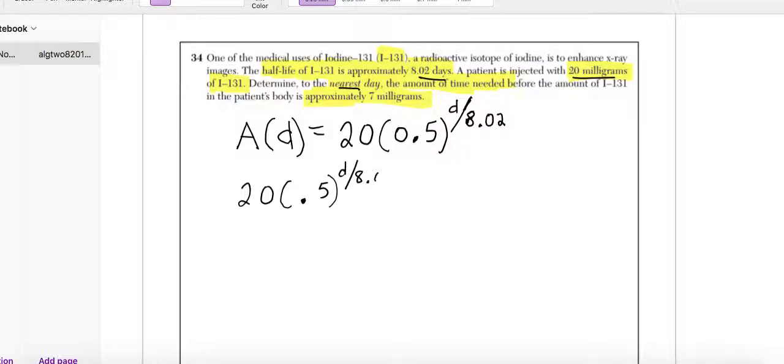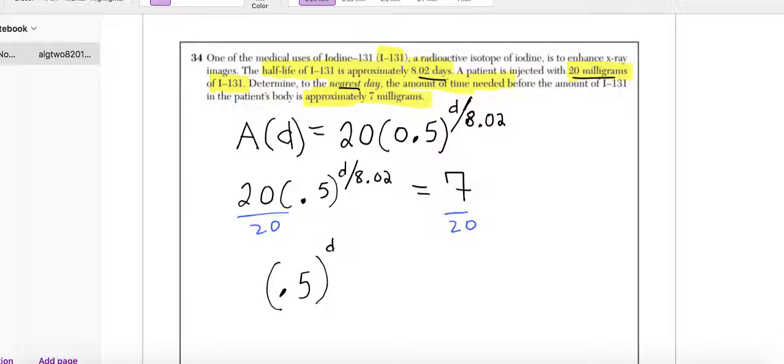But I do have to put the 8 in front of the decimal here. We want to know how long it'll take to be 7 milligrams. And I'll do this algebraically. First thing let's do is divide both sides by 20, right? And I like to keep them as decimals. So these cancel, and I'm going to get 0.5